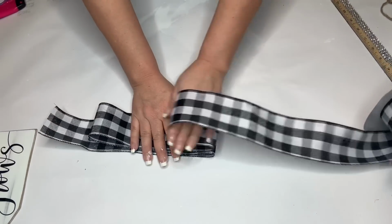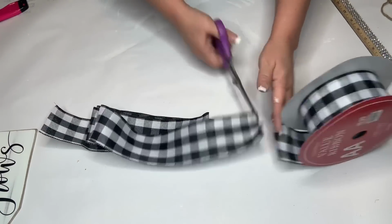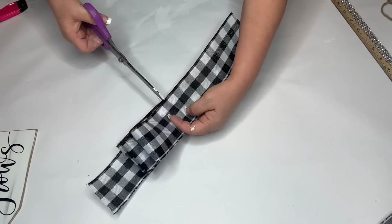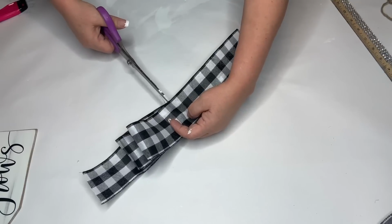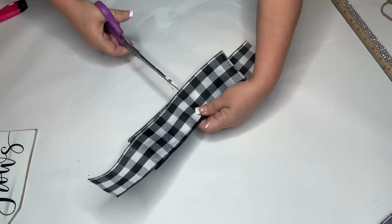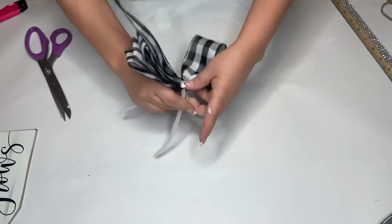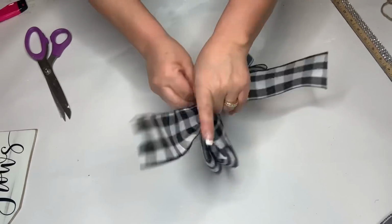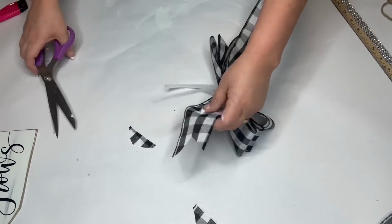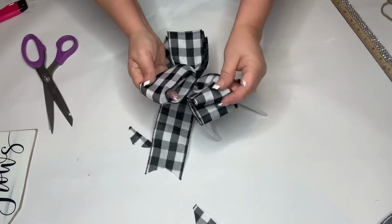And I'm going to use the fold over method where I fold it over 3 times on each side. And then I'll cut it off, and I'll find the halfway point by folding it in half and then make little slits in each one of the pieces of ribbon so that my chenille stem can go into those grooves and it's easier to move the loops around. So then I'll take my chenille stem and crunch it in the middle and wrap it around and twist it in the back. And then I'll dovetail the edges and then fluff out my loops, and I move one to the right, one to the left, and then one in the middle,